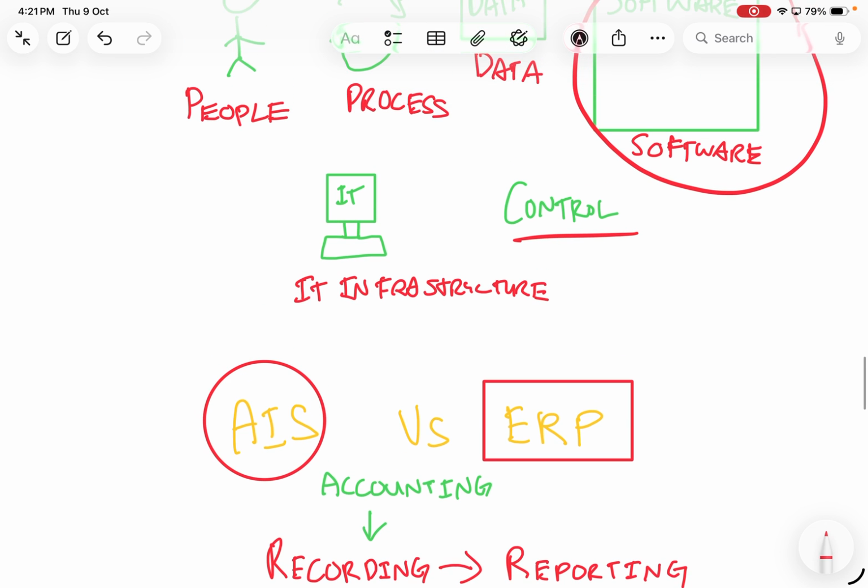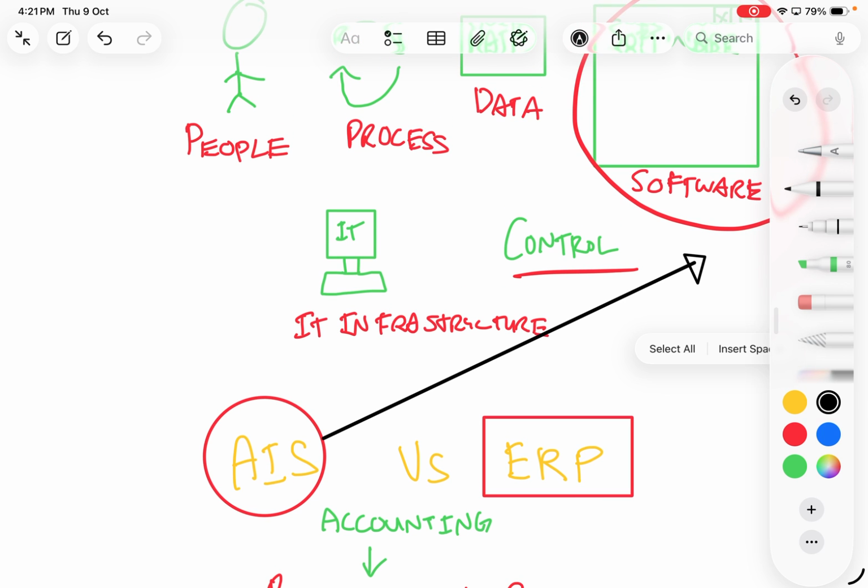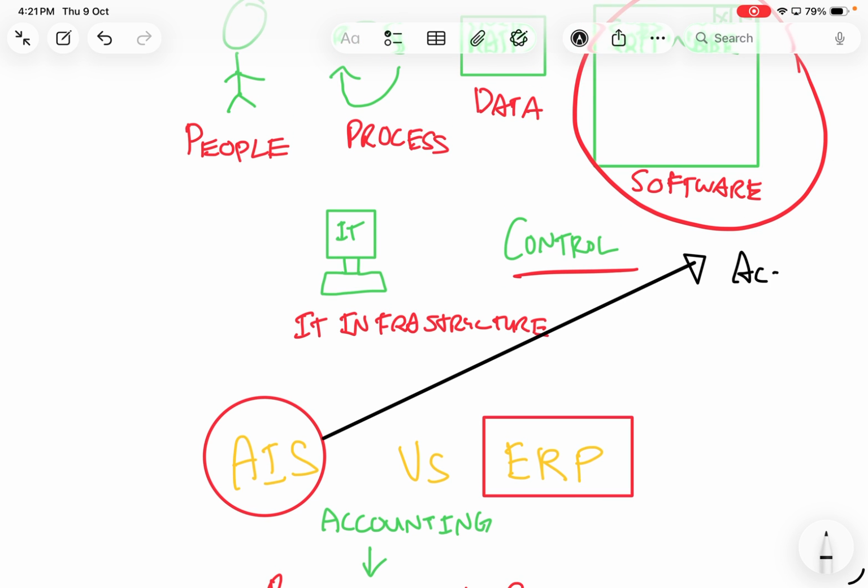In the AIS, we have what we call the accounting software. Accounting software, by right, originally,